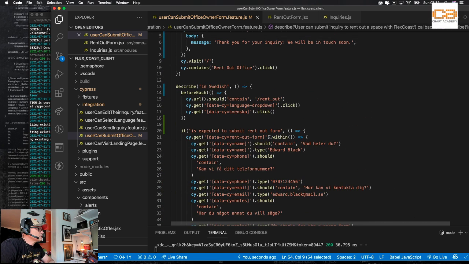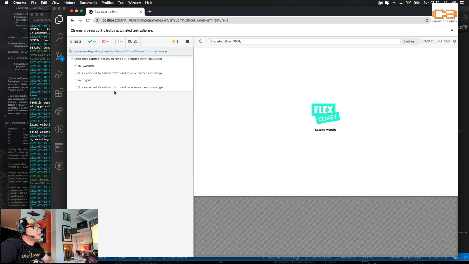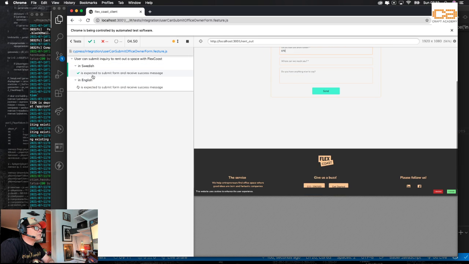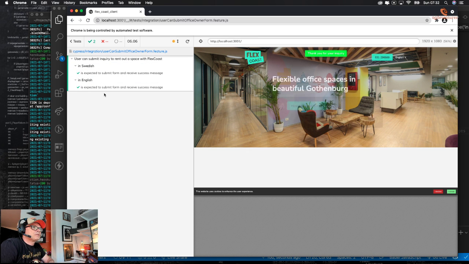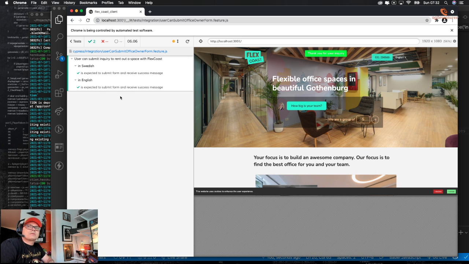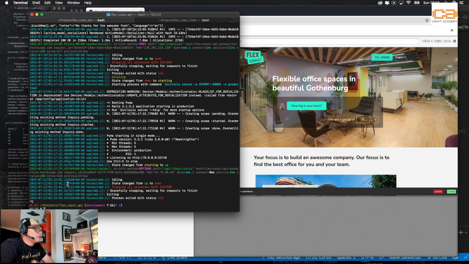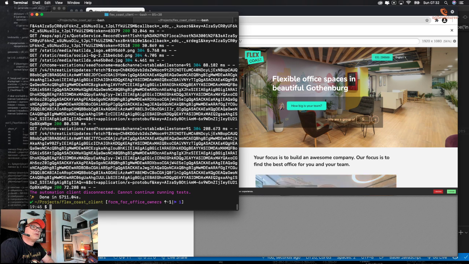Which means that we can say the same thing here, right? User can submit inquiry with Flexcode in Swedish and English, right? Okay, so that's okay. That works. Not bad. And apparently we are not hitting the backend service, so we can just get the fuck out of Dodge. And this one, good stuff.